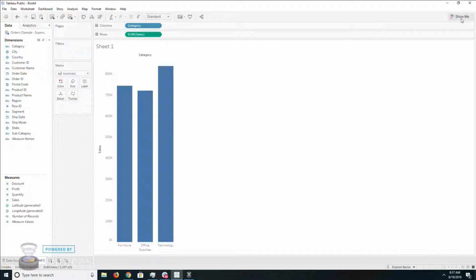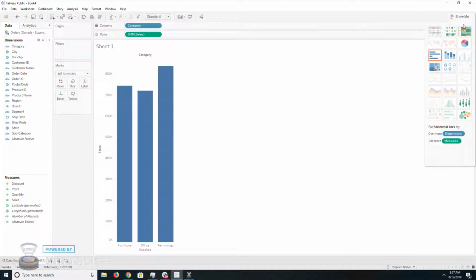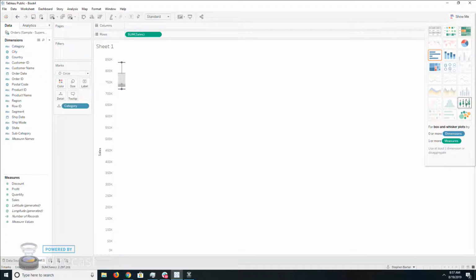But if we come up here to the Show Me, the ones that are highlighted and not grayed out are the different charts that we can actually use. So let's say that we wanted to get a little bit more statistical value from our visualization. Perhaps we want to use a